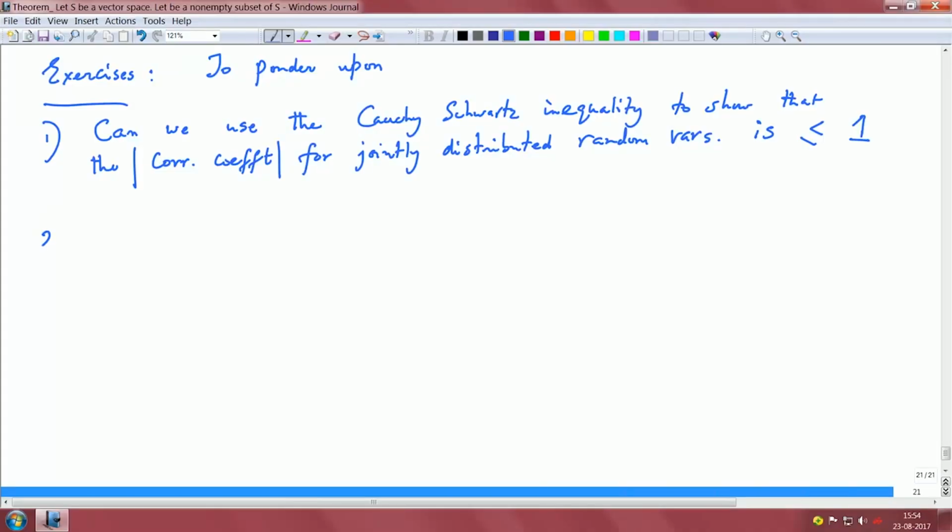Basically we started off with induced norms, and just from our notion of induced norms and the notion of our metric, we derived this equation, this inequality for Cauchy Schwartz. I want you to use that to show that the magnitude of the correlation coefficient is going to be between -1 and +1, right. Our absolute value of the correlation coefficient is less than or equal to 1. And second,